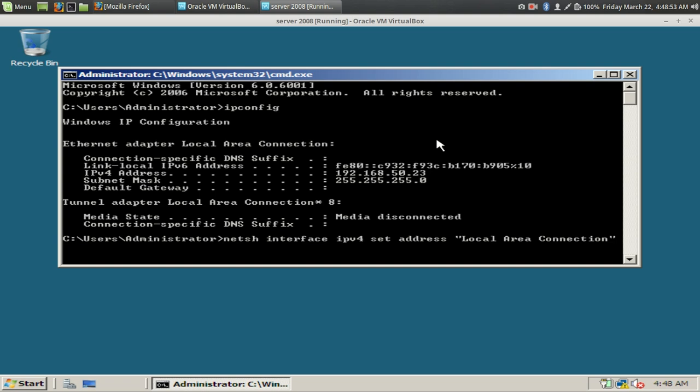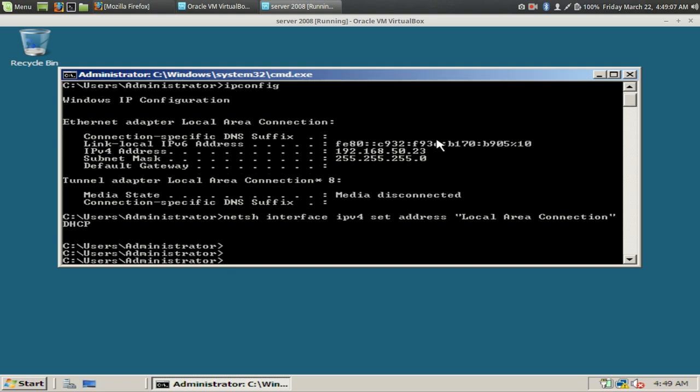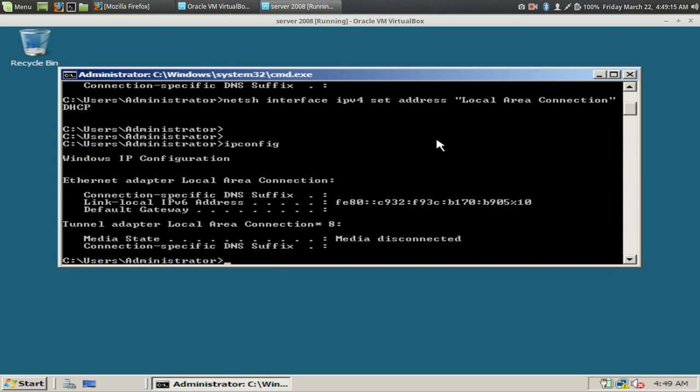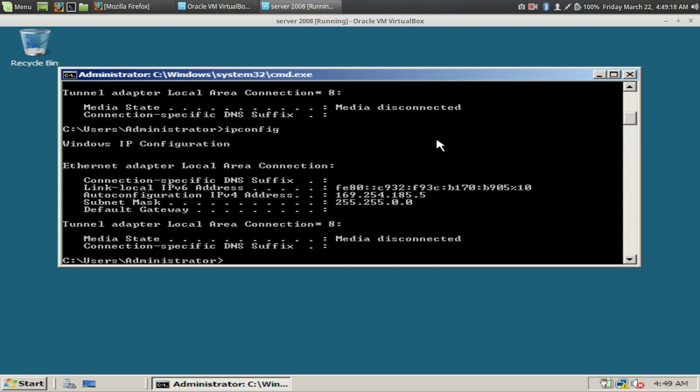Then type what you want to configure, static or DHCP. If you want to get your IP address from a DHCP server or ISP provider, then you just type DHCP and press Enter. Now check our IP address with the ipconfig command and press Enter. It will take some time again. So now the configured IP address is 169.254.185.5,